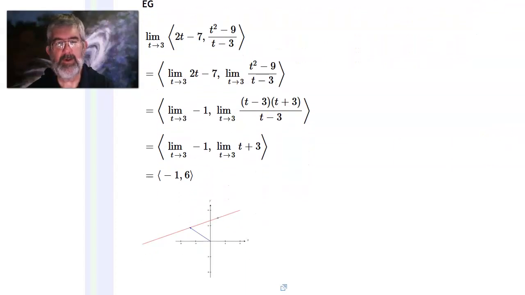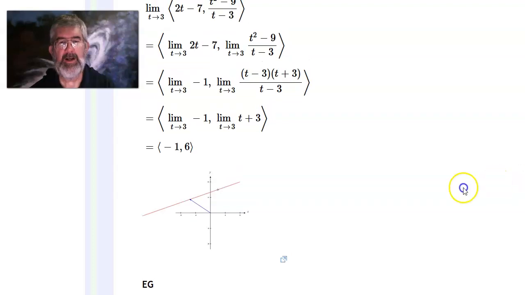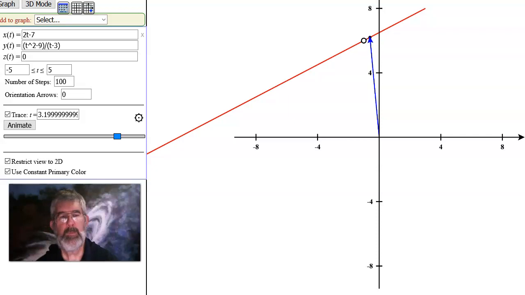Now, the picture of what's going on here is this right here. Let's click on it to make it a little bigger. Actually, that picture wasn't quite right. I had a 3 typed in here instead of a 2 when I made that picture. So here is the correct picture. x equals 2t minus 7, y equals (t squared minus 9) divided by (t minus 3). And this is the graph. Turns out it's a straight line. There is, however, a hole in it at,